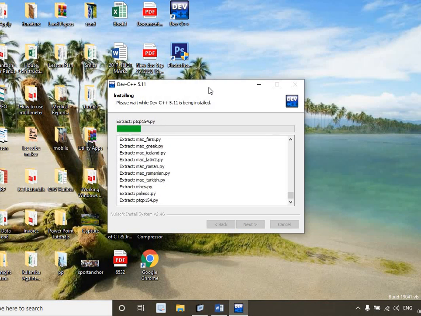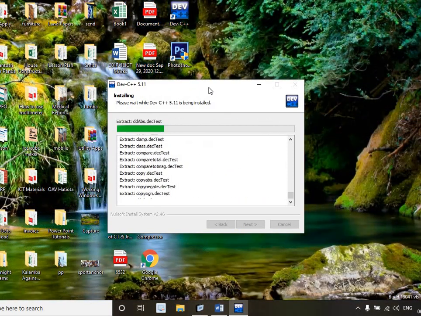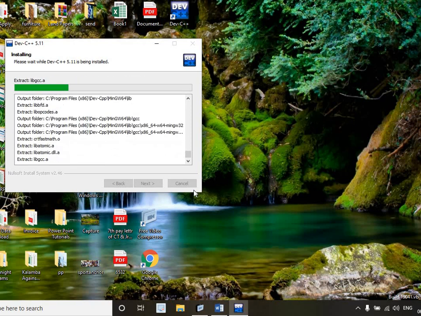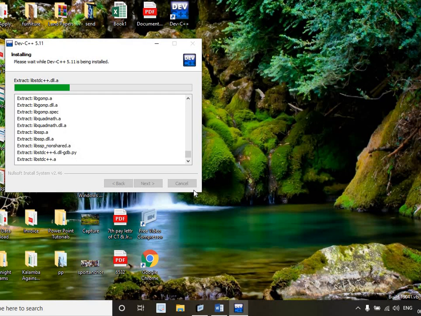If you are using Windows 7 or 8 or Windows 10, then do not forget to download this compiler. Dev C++ is one of the best compilers I have ever used. When I was a student, I was using the Turbo C compiler or ANSI C compiler, because at that time our operating system was Windows 98 and the RAM and hard disk were very low. So at that time we used Turbo C, but nowadays very few people use Turbo C, because it has a blue screen.